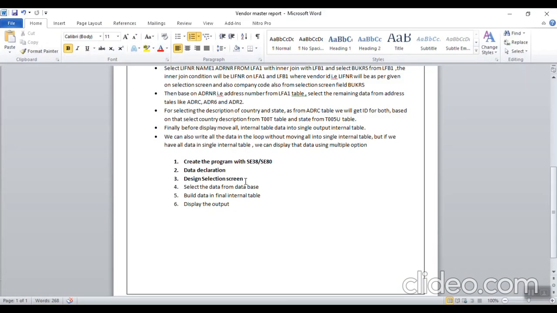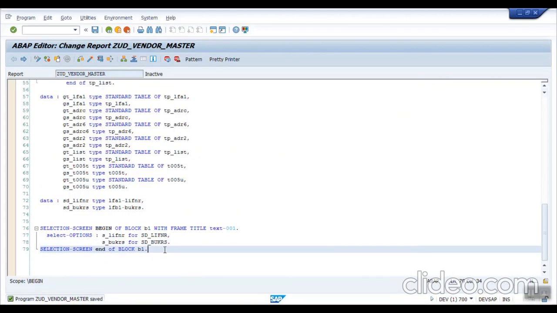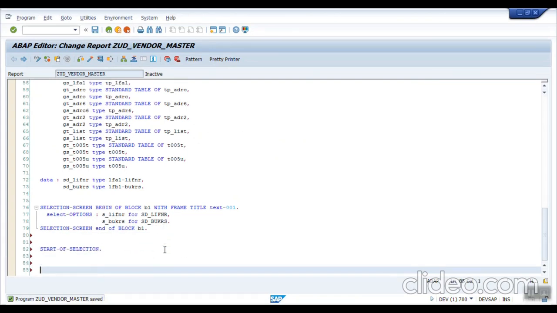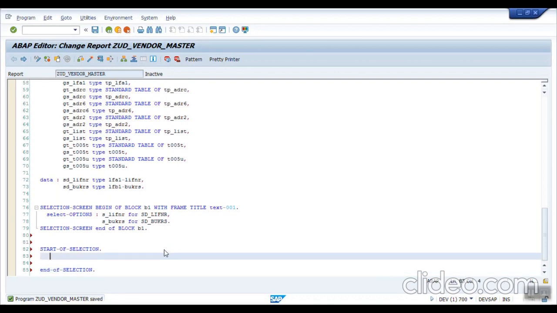Now next we will write the logic for selecting data from the database table. Now let's write the code for the selection of data from the database table. Here write start of selection, end of selection, and always break our program into small logic with the help of FORM and ENDFORM. Write PERFORM get_data.